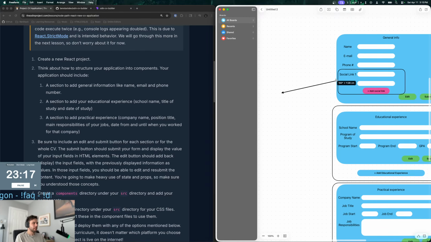And then, list of links. Social link components. Right? Something like this. And then this needs to be a list, I mean.